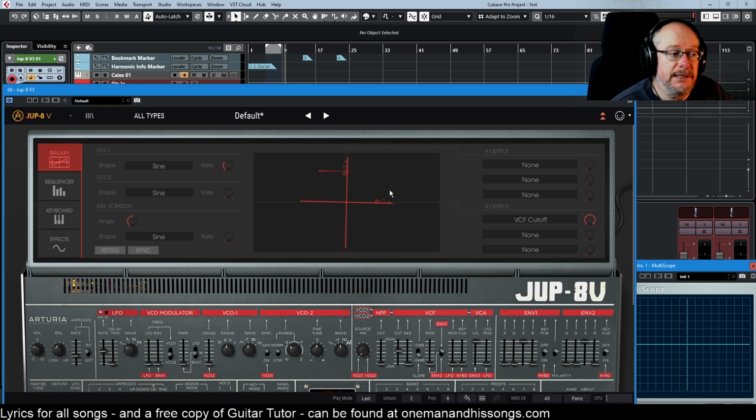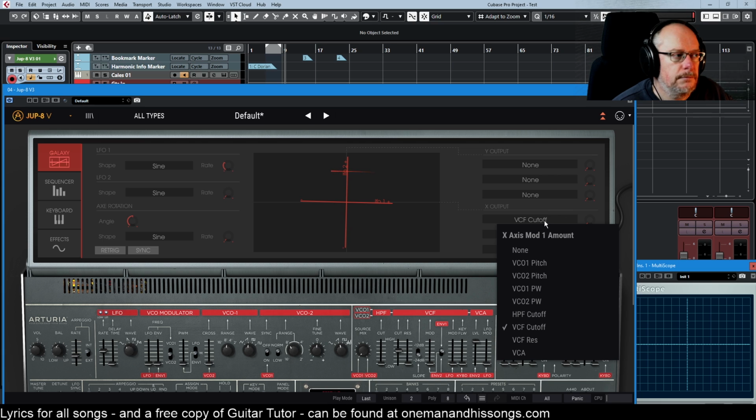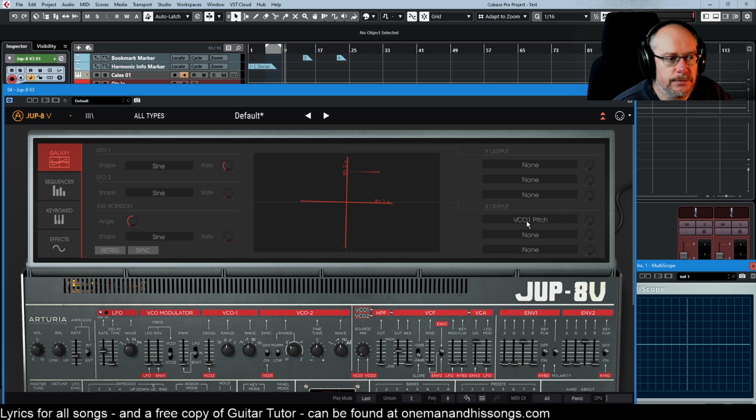I want to demonstrate the thing actually doing some work. So we've got an LFO1, it's a sine wave, it's operating at a frequency of 0.15 Hz. Let's make it do something. I'm going to map the x-axis to pitch. So now when I press a key on the keyboard, the pitch is going to change. I've just set this knob down to 0, so at the moment we don't get any change. As I increase the modulation,